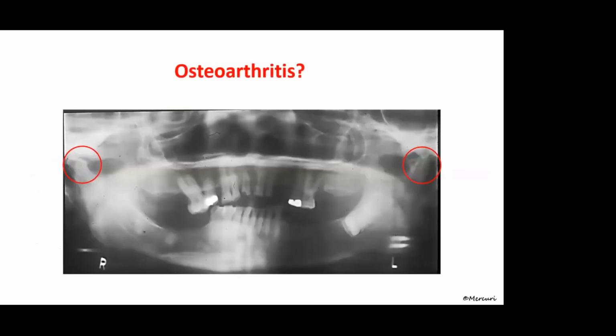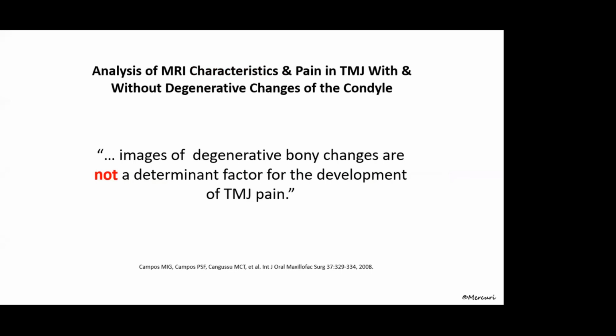And this slide demonstrates that. This is an 80-some-year-old patient who presents for removal of some teeth. And when you look at the panorex or orthopantomogram, we see a flattening of the condyles. And if we question this patient and ask him, do you have pain in your joints? Nope, never had a bit of pain. Okay, why is that? Because imaging may show us something like this, but